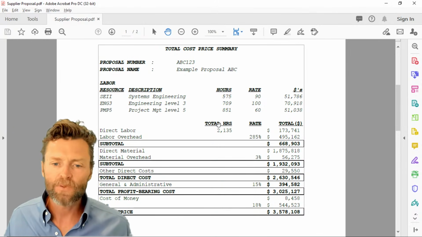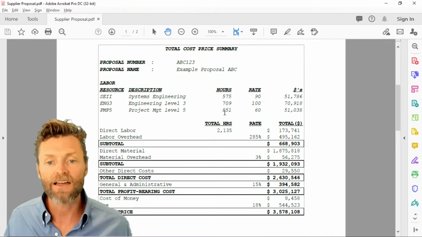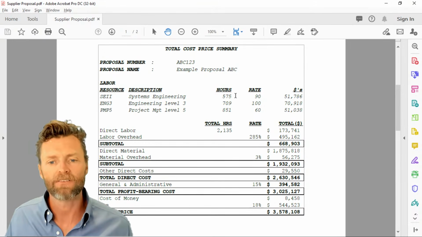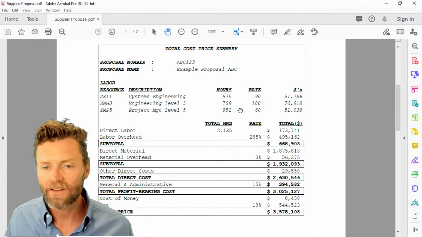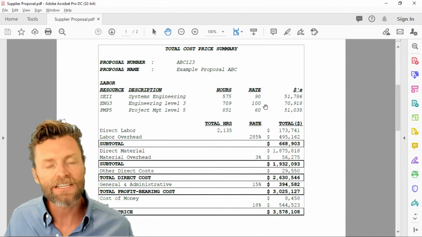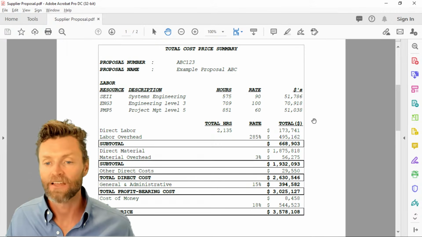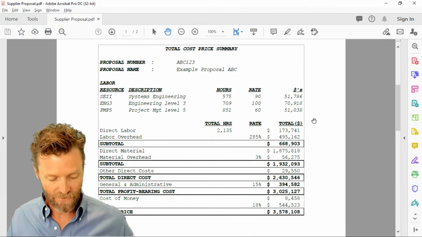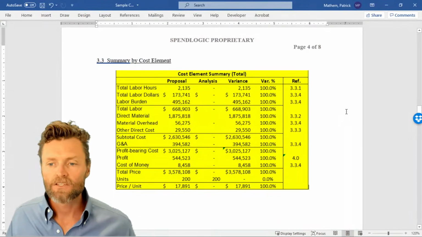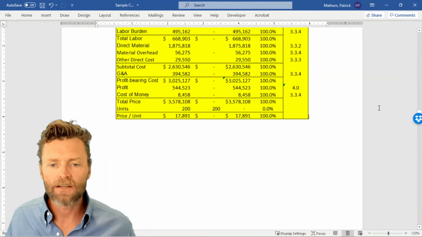And it's not explaining total hours at 2,135, it's where did 575 come from? Where did 709? Where did 851? And then getting into each of the labor rates. This is why cost analysis is so time consuming. There's a lot of information that needs to be conveyed. So as I scroll down,